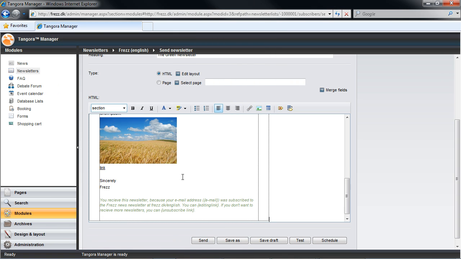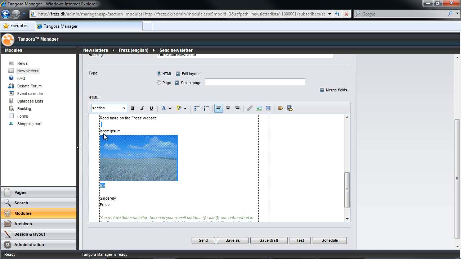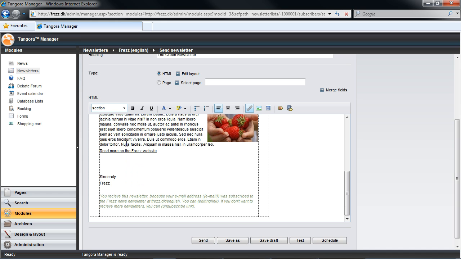So now let's imagine that I'm done with my newsletter and we're ready to send it out. At the bottom, we'll see that we have several different options. We could send the newsletter if we were finished and we were sure that it was exactly how we wanted it to be. But let's leave that as the final step. We could Save As if we wanted to make changes and create a copy, so we didn't save over an existing template if we wanted to keep that template intact, for example. And we also have the Save Draft option.